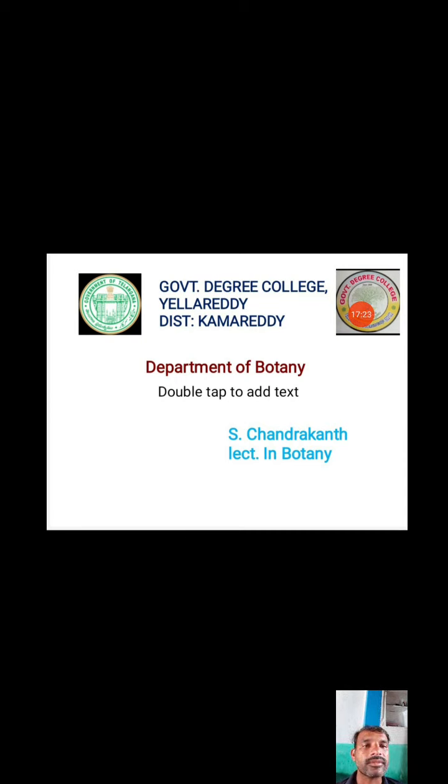This structure of the embryo is called the proembryo, which has four tiers. The first one is the upper tier, which